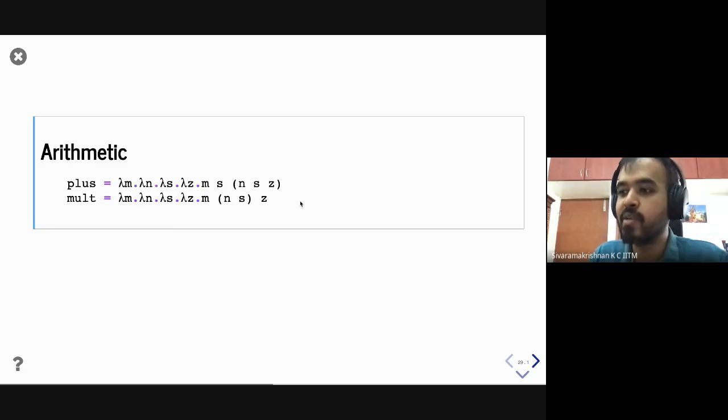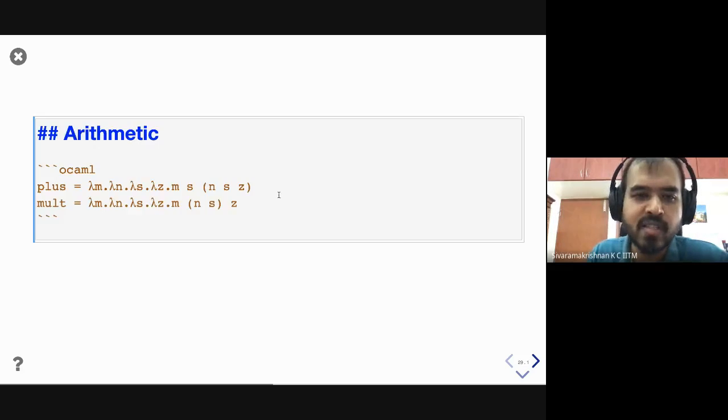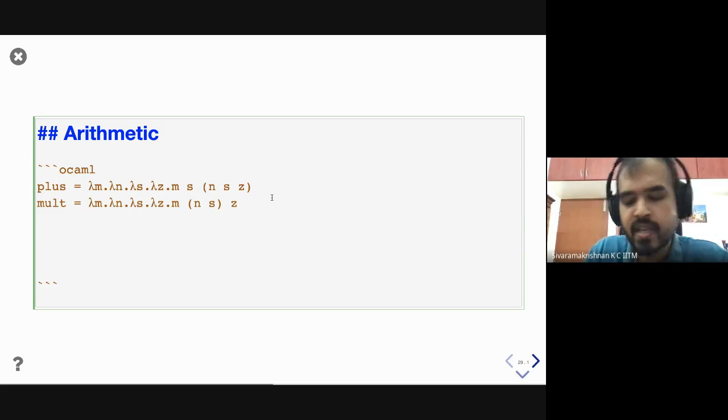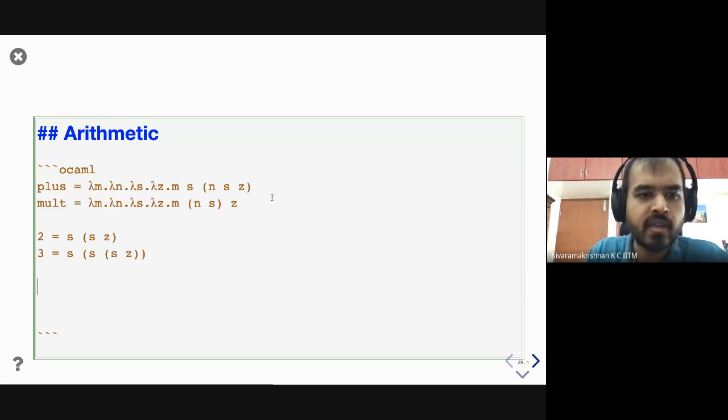Multiplication can be understood as something very similar. So instead of replacing the 0 number, replace the s's, right? So what is happening here is, let's say I have some interesting number. Let's say I have 2, which is s of z, right? I'm going to multiply that with 3. S of z. Okay, so what I'm going to do in multiplication is wherever I find an s in the original number, I'm going to replace that with